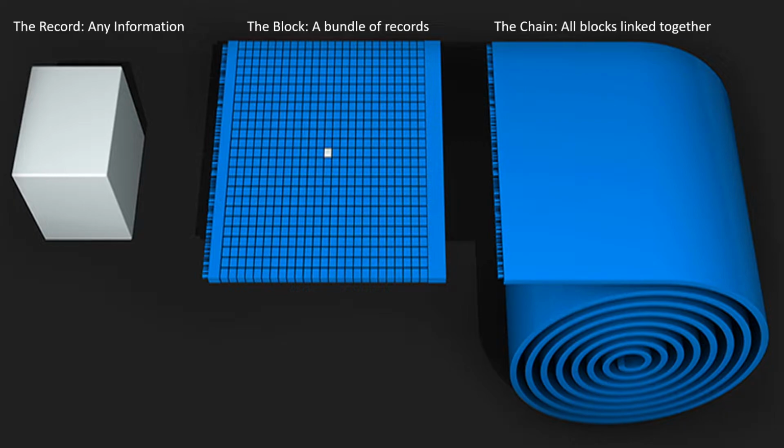So I think of it most simply as three things: a bit of information or data or a record, that's the left-hand side, a block of records, which is the block, and then the records strung together, which is the chain. So blockchain. A record of information could be me, Rajiv, has, let's say, diabetes. A bundle of records could be I have diabetes, hypertension, I'm overweight, and I'm stressed. Well, that might lead to some heart issues. So a good thing I'm here in the clinic. But the chain would be a chronological summary of all of those things.